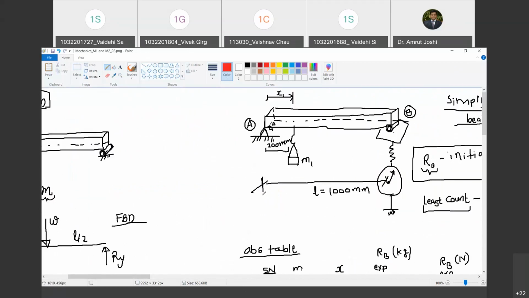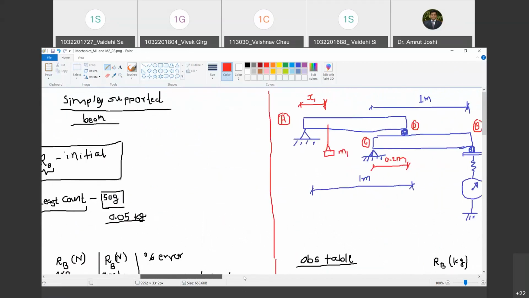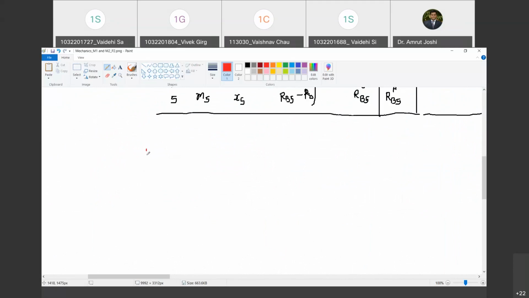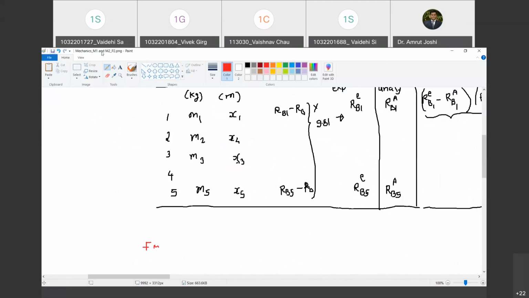Okay. So now let us go ahead and derive the expression for RB in case of simply supported beam. Are you with me? Yes, sir. So the first step that we are going to do towards this derivation is drawing free body diagram of this beam AB. Are you with me? Yes, sir. So let me do that. So let me draw free body diagram. Just give me a minute. Free body diagram of beam AB.